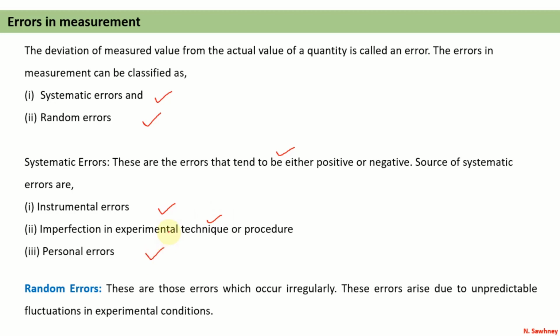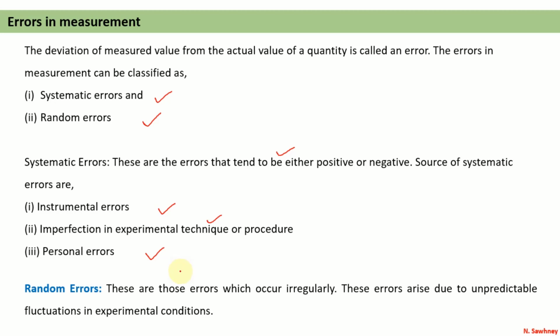Instrumental errors are those which arise due to the imperfect design or calibration of the measuring instrument, and imperfect techniques or procedures in the measurement lead to imperfection in the experimental procedure. The personal errors are due to wrong setting or improper use of apparatus, that is, due to carelessness in taking observations. Such errors can be minimized by improving the experimental techniques, selection of better instruments, and being careful while